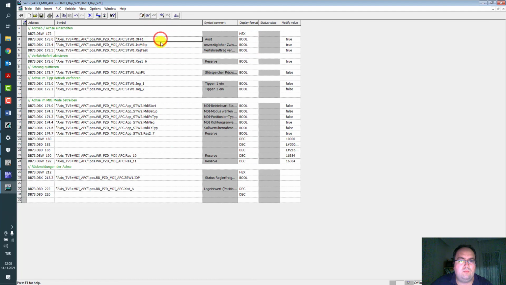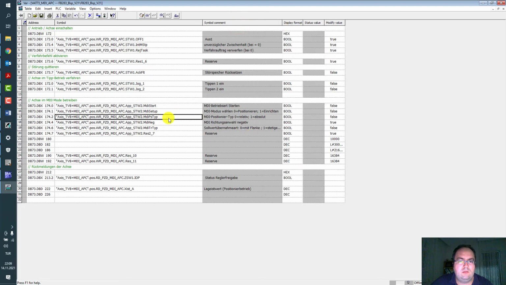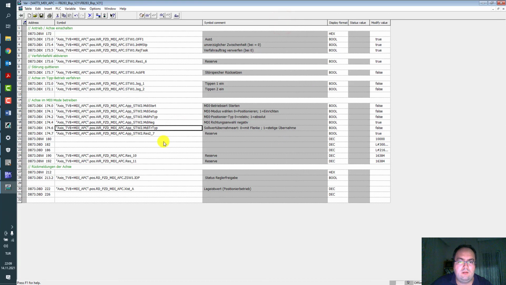So OFF1 bit, intermediate stop, reject task, job bits, MDI mode start, mode change to setup, mode change to jogging, that means the job mode. So it's a basic watch table to control the basic positioner.